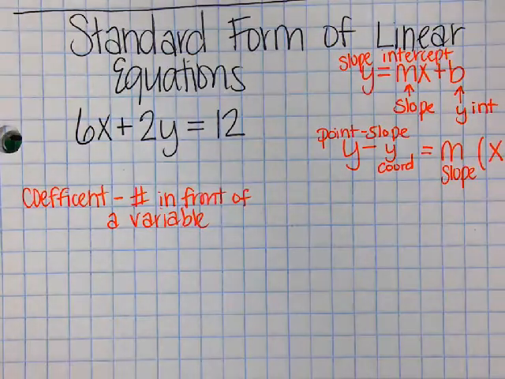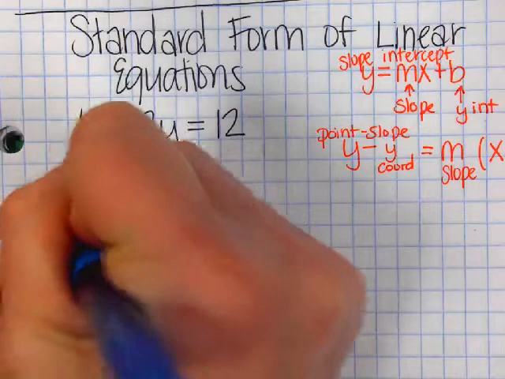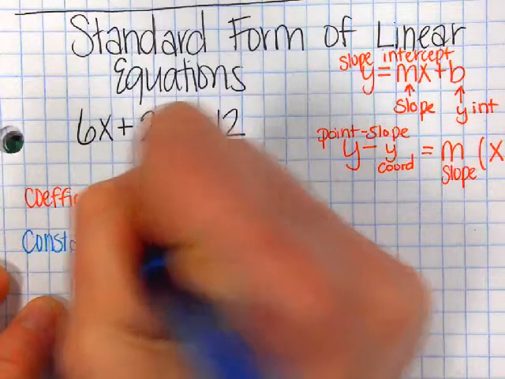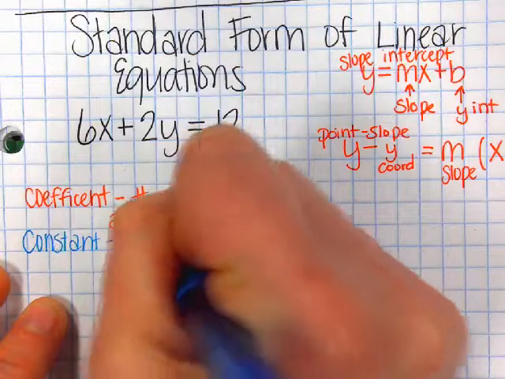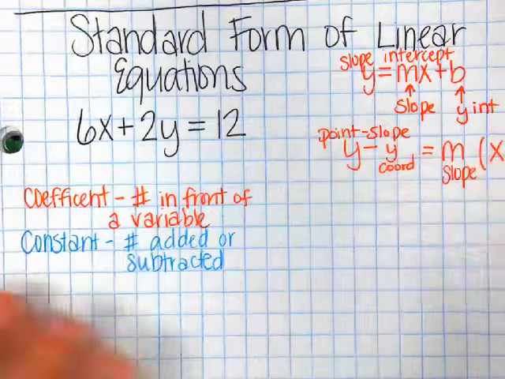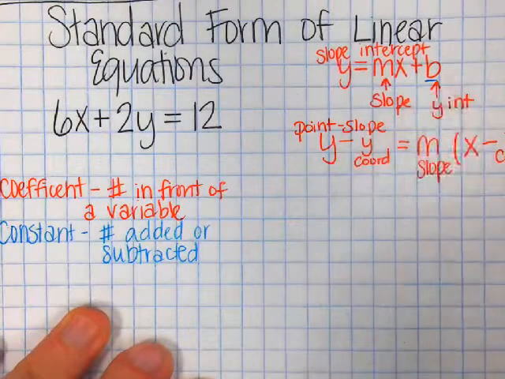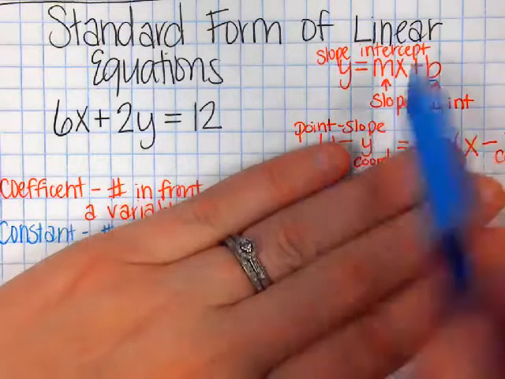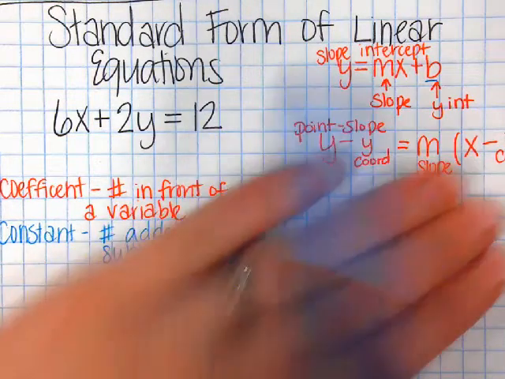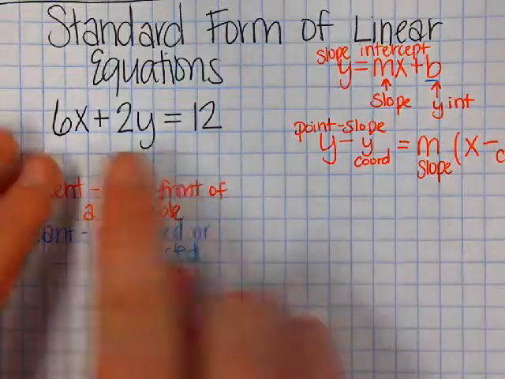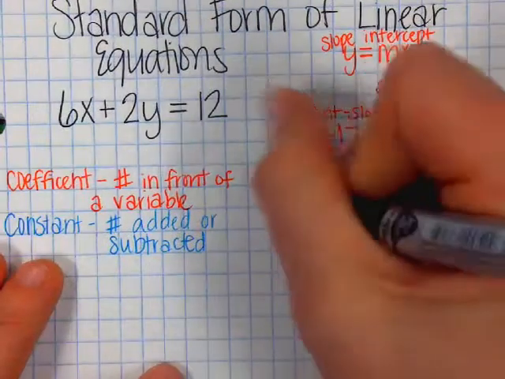Let me get blue. So the constant is just a number added or subtracted. If you look, the constant in this one was the b. So all they did with these equations is move it from being y equals to just being equals to that number. So first thing I'm going to do is change standard form into slope-intercept. So these are the steps